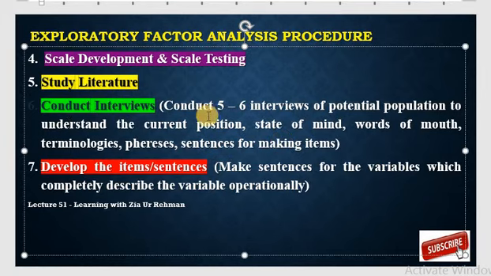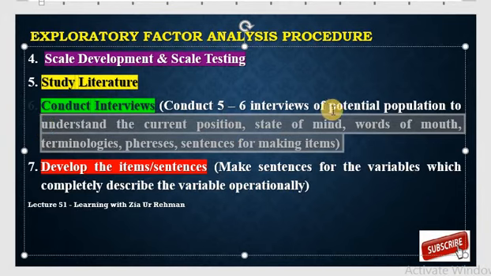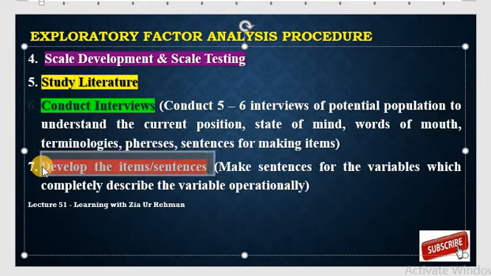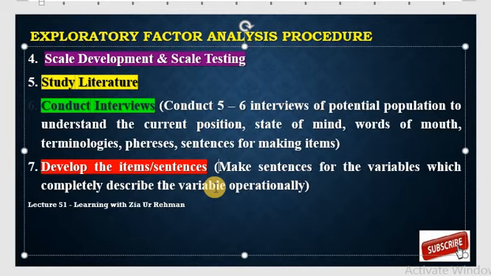All these things help you develop the items and sentences for the measurement scales. Make the sentences for the variables which completely describe the variable operationally in your operational area, in your industry, in your population.